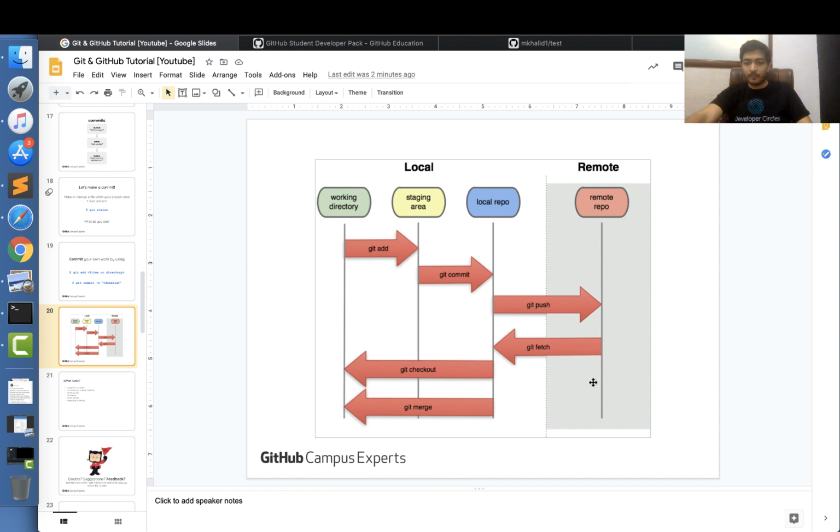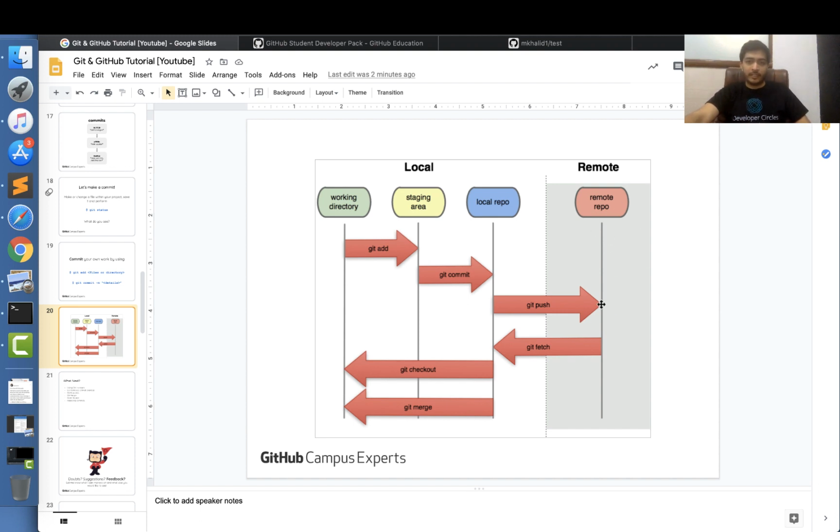And then this part of the flowchart comes in handy when you're working with multiple people. So let's say you work on a project today and you push some changes onto the remote repository. But then for the next 7 days you don't do any work, but there are other people working on the project and they develop some features and they push that onto the remote repository.